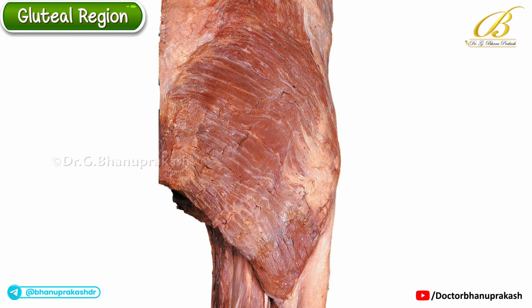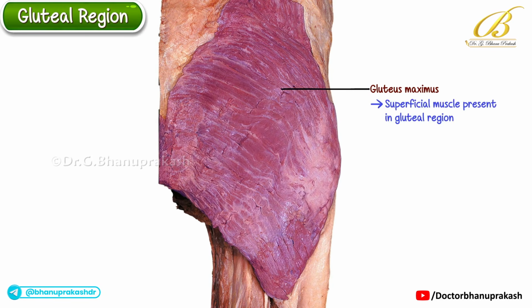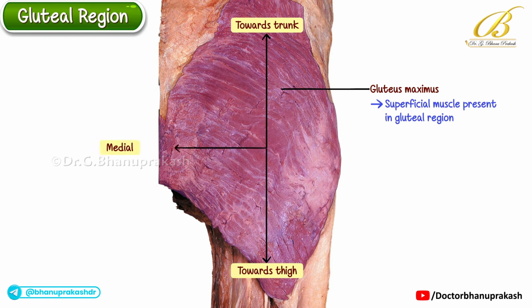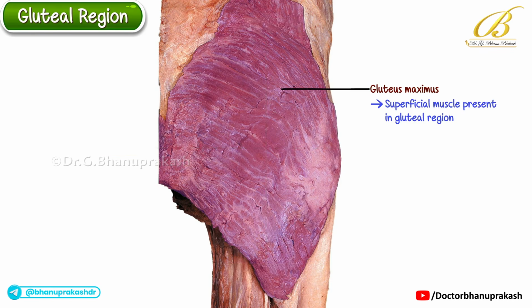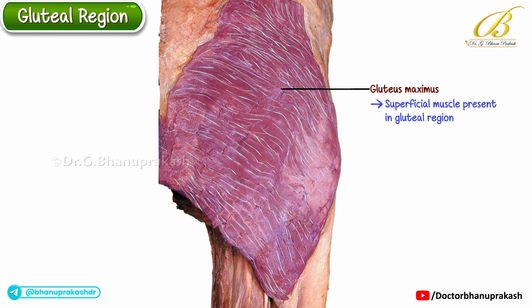The bulkiest muscle visible here is the gluteus maximus. It is the most superficial muscle of the gluteal region. The orientation of this image is superior towards the trunk, inferior towards the thigh, with medial and lateral aspects clearly appreciated. Notice how the muscle fasciculi run obliquely downwards from medial to lateral, inserting into the iliotibial tract and the